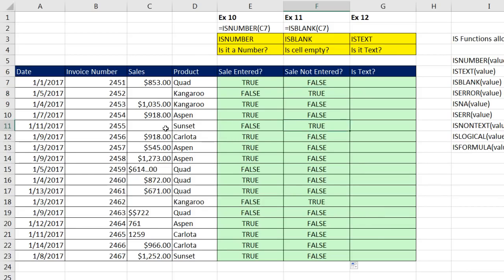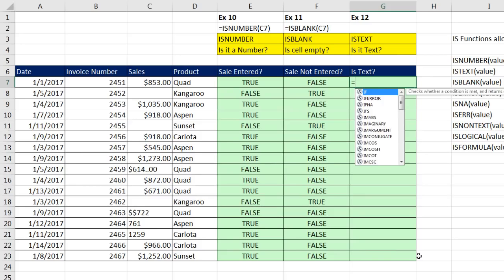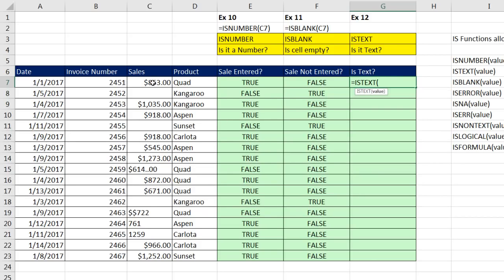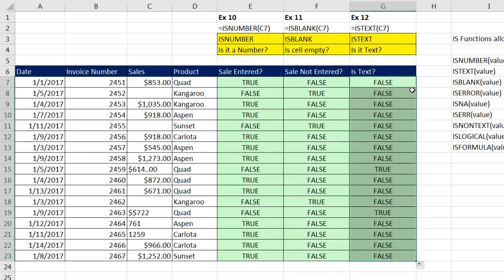True, true. Now, we can also check for text, because as we saw down here, that's text, but that's a number. So I want to clearly indicate which entries in the sales column are text. So is text. I see it highlighted in blue, so I hit tab. Click on the relative cell reference, close parentheses, Control Enter, double click and send it down. And so I can clearly see there's a text item there